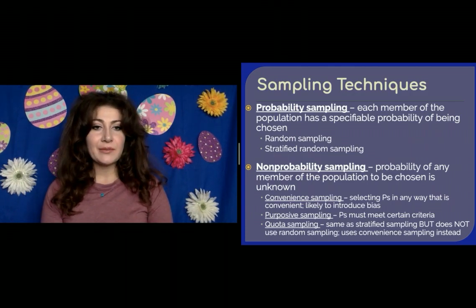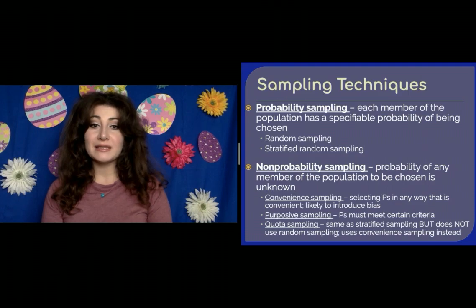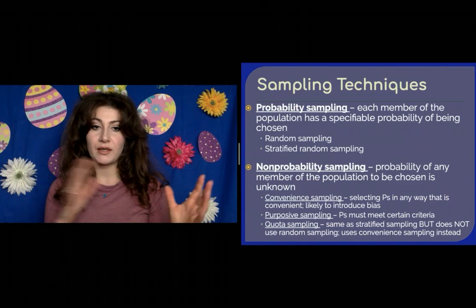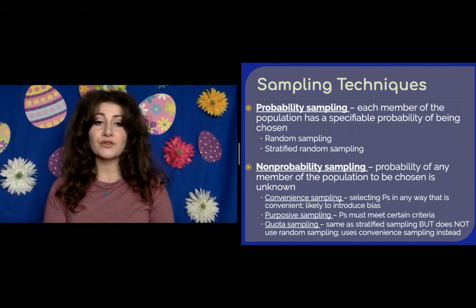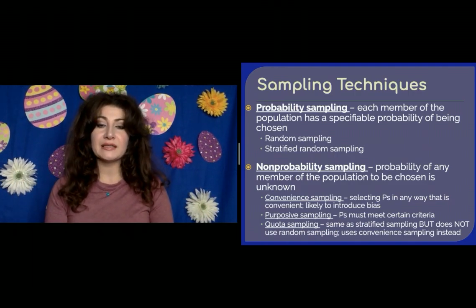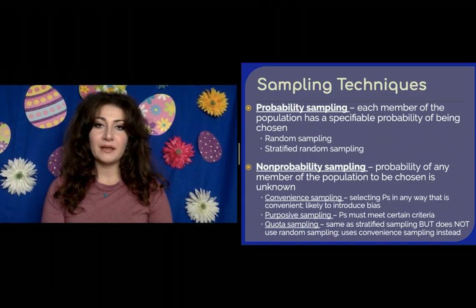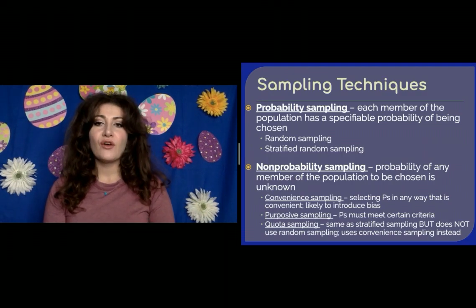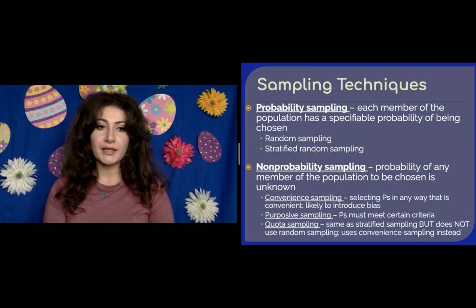Quota sampling is the same as stratified sampling, but it doesn't use random sampling after they've been identified according to that strata. So it uses convenience sampling instead. So if you think back to stratified random sampling, that means you're going to identify participants who match a certain criteria. For example, if I am testing a new interface for the